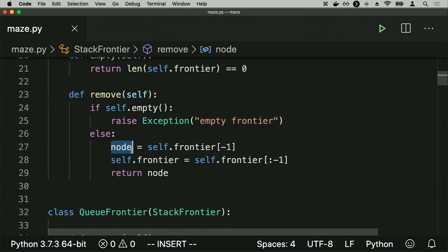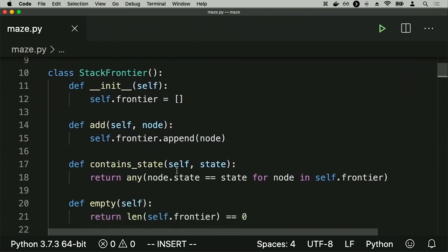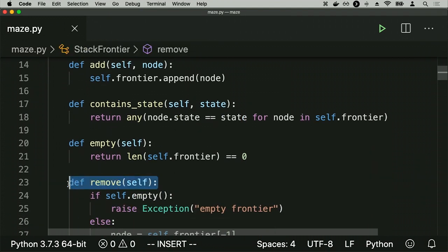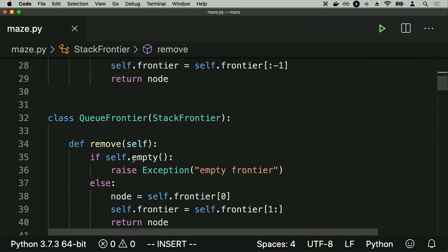We call that node. We update the frontier here on line 28 to say, go ahead and remove that node that you just removed from the frontier. And then we return the node as a result. So this class here effectively implements the idea of a frontier. It gives me a way to add something to a frontier and a way to remove something from the frontier as a stack. I've also, just for good measure, implemented an alternative version of the same thing called a queue